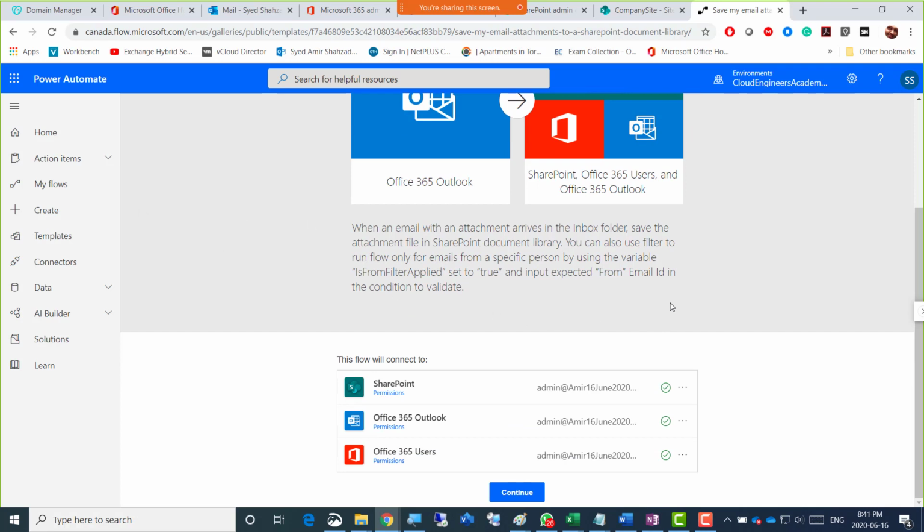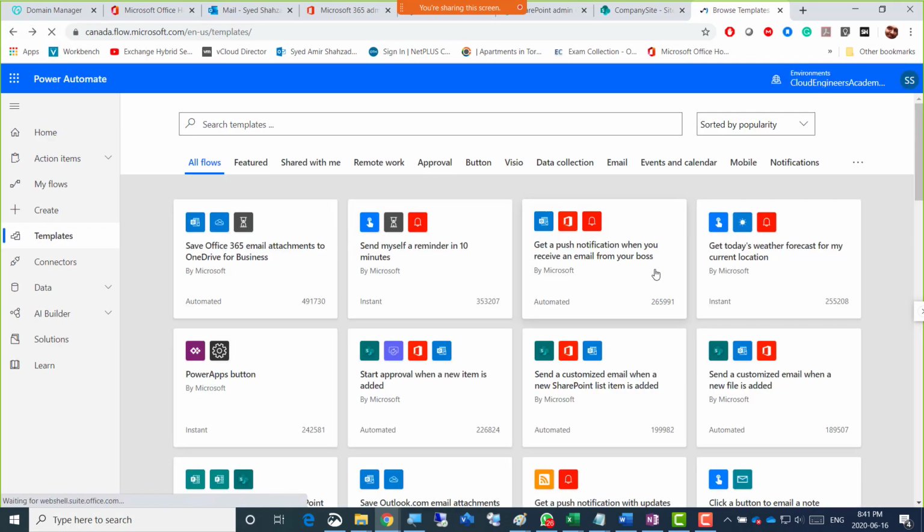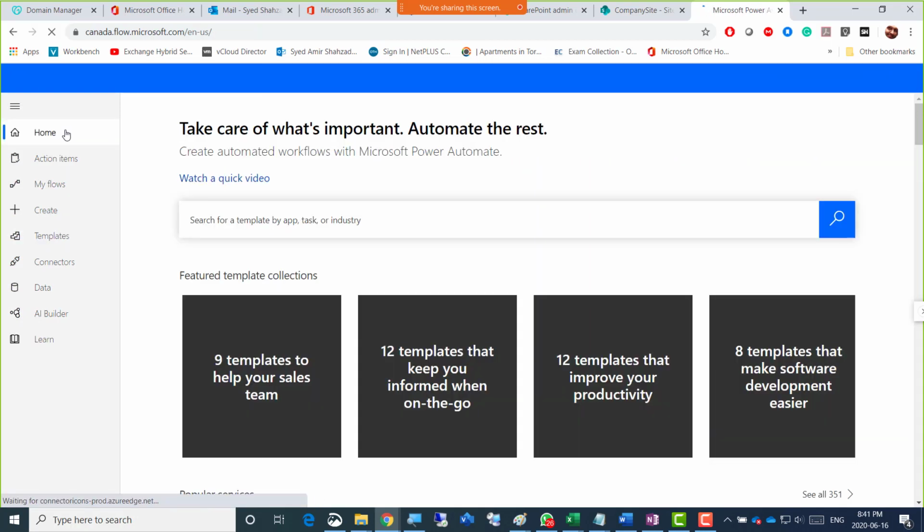But the main thing is every automation scenario has its own requirements, right? So you have to just meet those requirements, try to spend more time on that, and you will understand how it's going on. But what I was planning to do here was to give you one simple example that if you create a flow that way, it's going to automatically work.